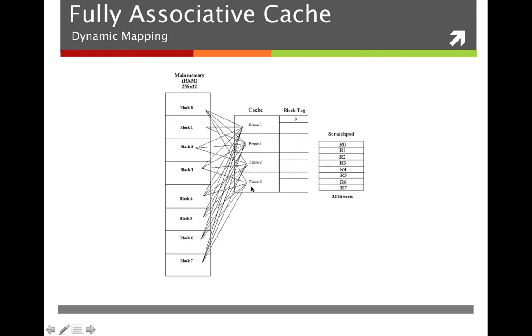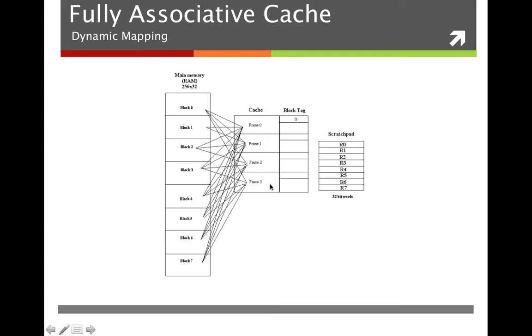Now, the addressing mechanism for this will be slightly more involved, because we no longer can look at the 2 bits to say which frame our block would be in, because our block could be in any frame. That means some search needs to be executed. But because we have 4 frames, we still may want to think in terms of this division that I talked about, where we have 1 bit of a block tag and 2 bits of frame address. So when we use the same allocation, for example, if the rightmost 2 bits of the 3 leftmost bits are used for frame